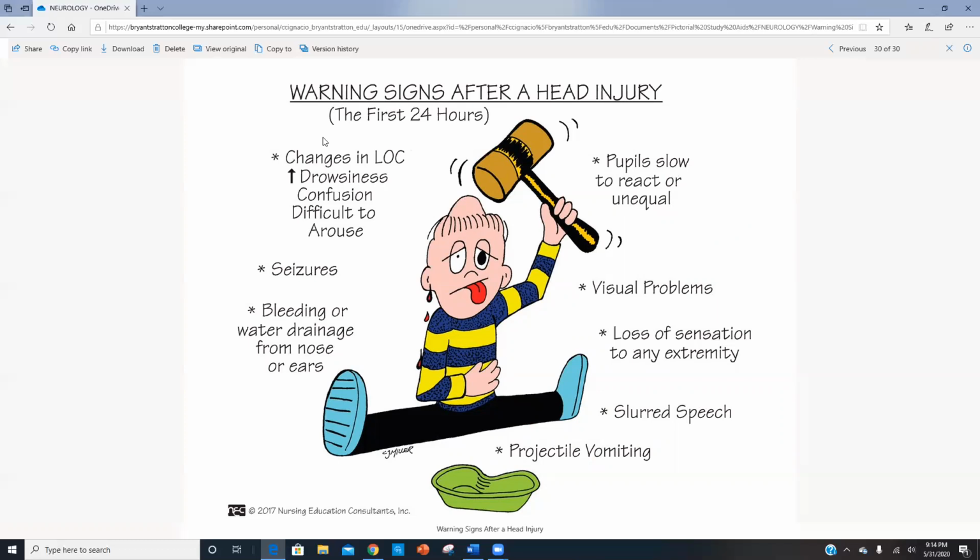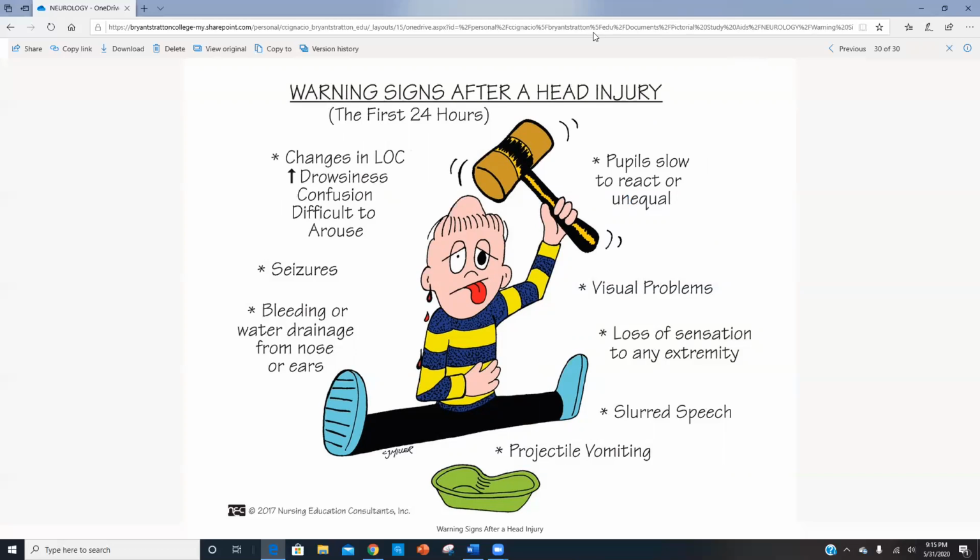running on the playground. So we want to look for any changes in levels of consciousness, seizures, any bleeding or drainage from the nose or the ears. If you have clear fluid coming from the ears, that is an abnormal finding, especially coupled with a head trauma injury. That is definitely a cause for concern. Also projectile vomiting, slurred speech, and visual disturbances. These are all warning signs after a head injury. So this says 24 hours. Usually the doctors will tell you to monitor a child for at least 48 hours to make sure that they're